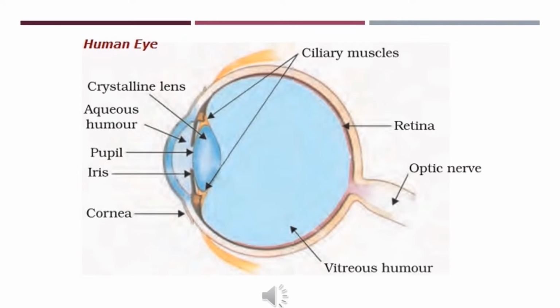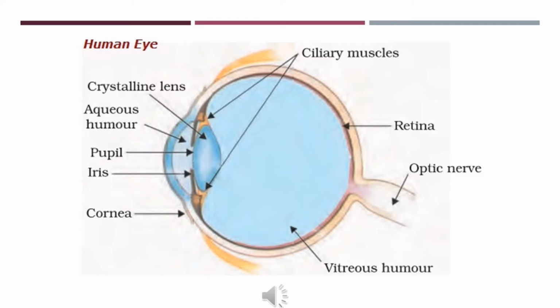So the first component is the cornea. All the light that enters into the eye travels through this thin membrane. This component forms a bulge in front of the eyeball. Now what is an eyeball? The two things that we need to remember about the eyeball are, first, that it is spherical in shape, and second, that it has a diameter of about 2.3 centimeters.